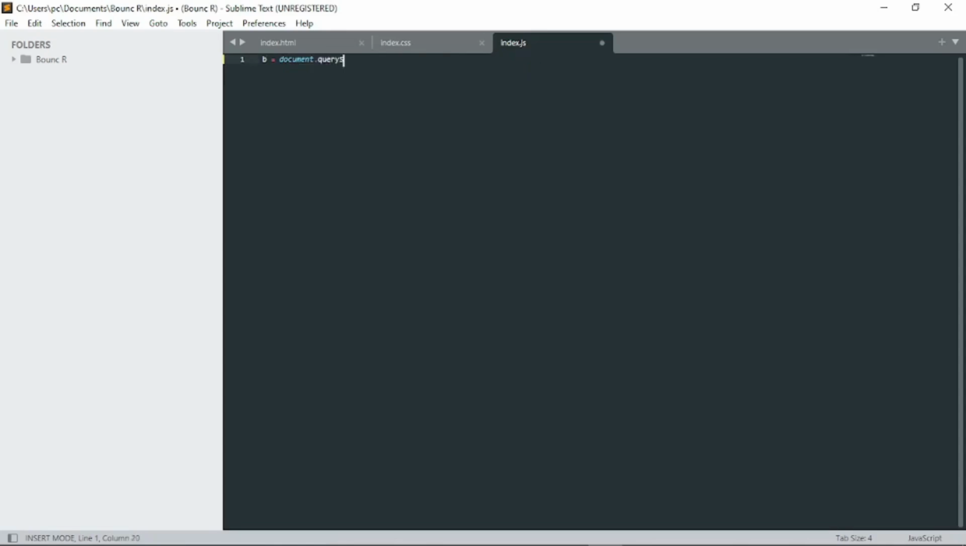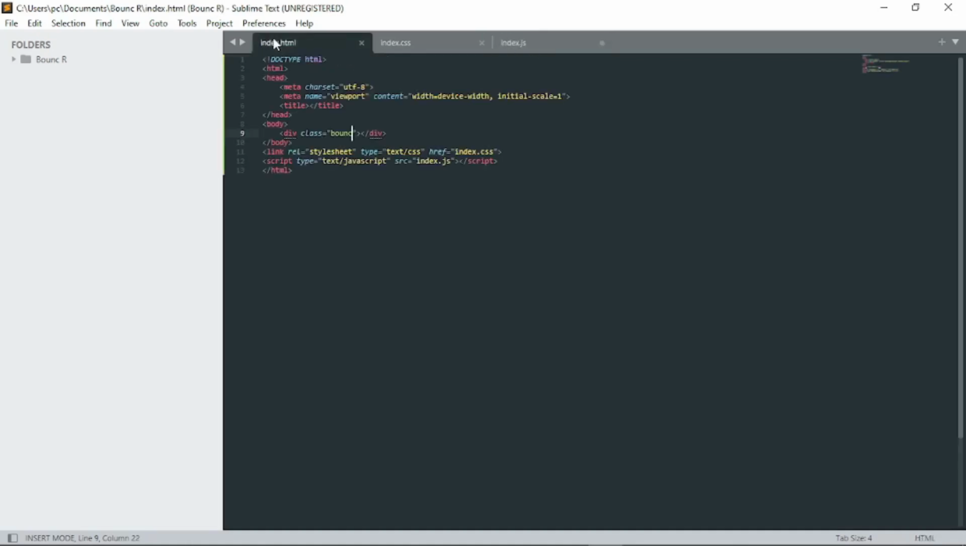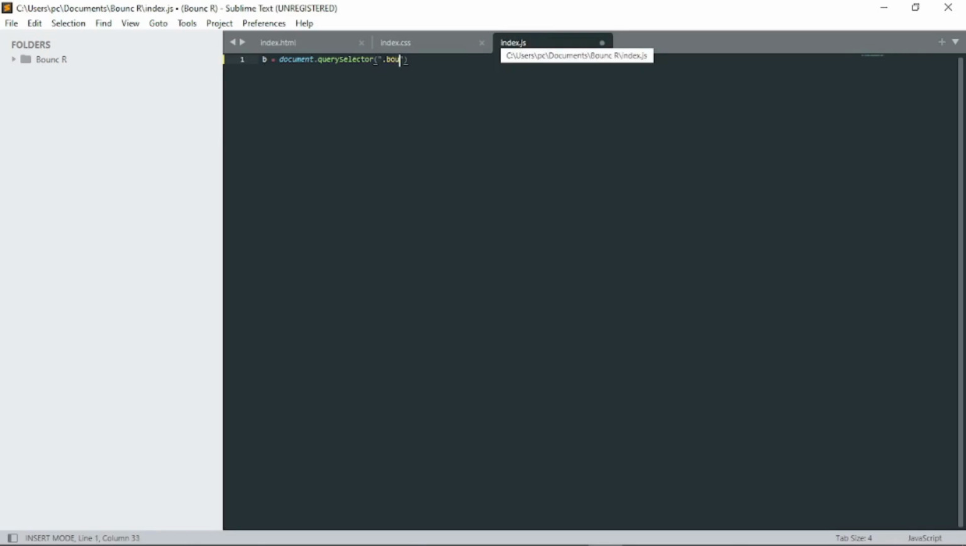querySelector dot bounce. So now what I'm going to do is that I'll create a function called f, and then I'll set interval to be making this function run